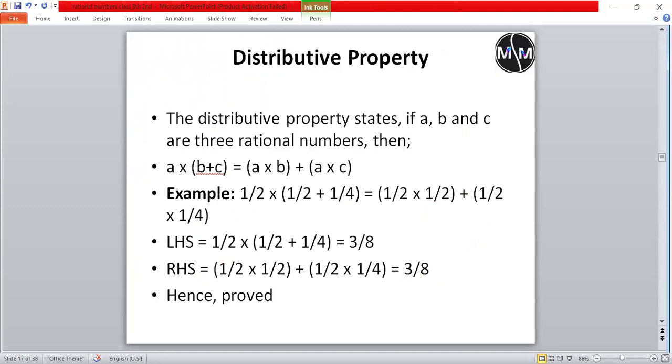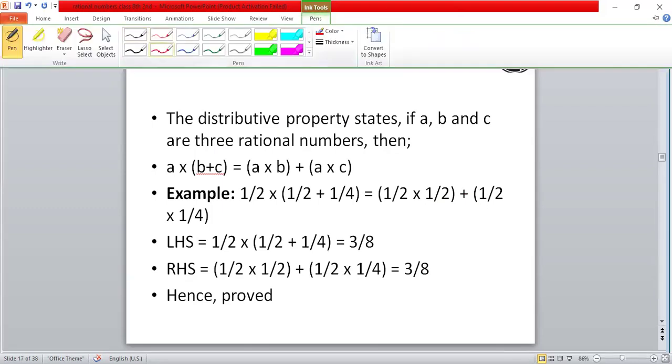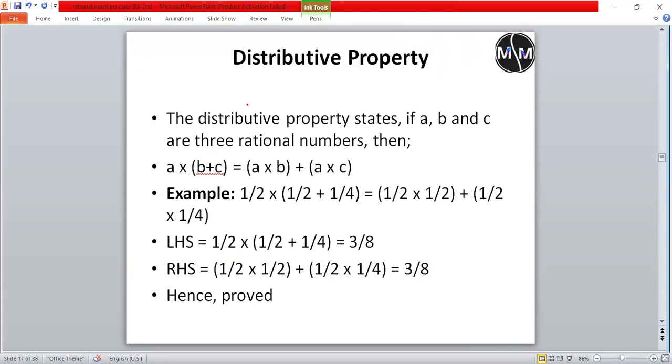So next, distributive property. From here we start a new point. We have covered all the topics which we recently completed up to associative in our last video lecture. Distributive property. The distributive property states: if A, B, and C are three rational numbers, then it is the distribution of symbols which is present outside the bracket. It means